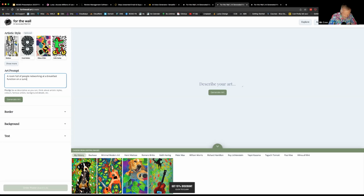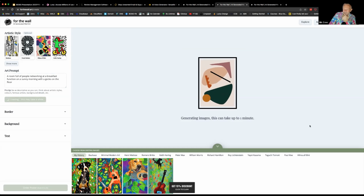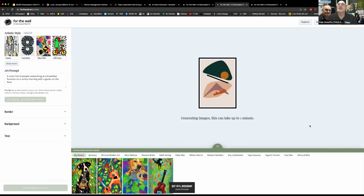Oh, let's put in a sunny morning. Add a bit more there. With a gecko on the floor. I say that because there was a gecko on the floor at a networking function I was at recently. Okay. All right. So we'll just put that in, and then what you do is click this generate button here,